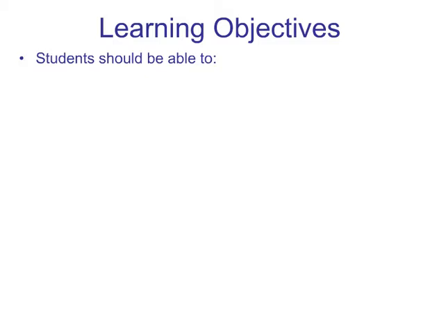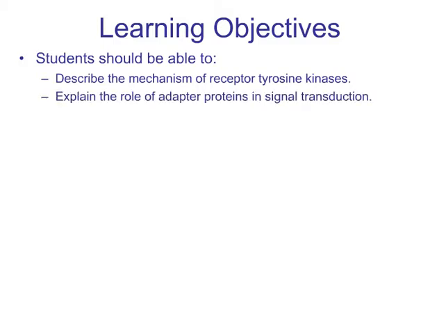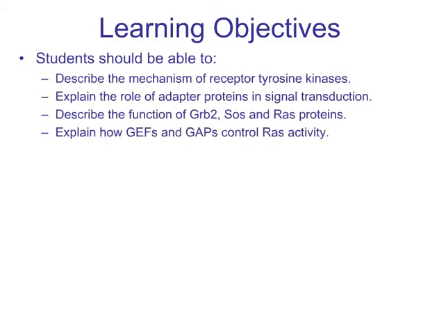After studying this learning module, students should be able to describe the receptor tyrosine kinase mechanism, explain the role of adapter proteins in signal transduction, describe the function of GRB2, SOS, and Ras proteins, explain how GEFs and GAPs control Ras activity,